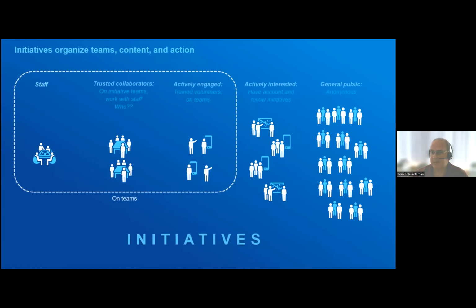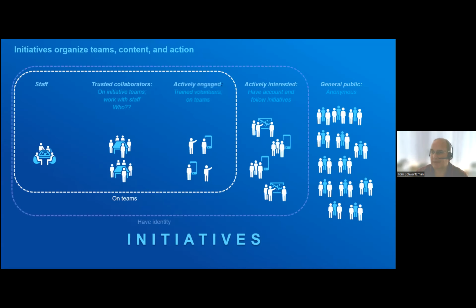And we can think of that within, we'll talk more about Hub Premium, but the idea is you've got a team of people who are working on this hub site or hub initiative, right? So you've got these three groups to the left that could be on your team. They're part of the team to build the hub site. And then you've got people who are actively interested. They want to follow it. They want to be kept up to date, et cetera. And then you've got the general public.